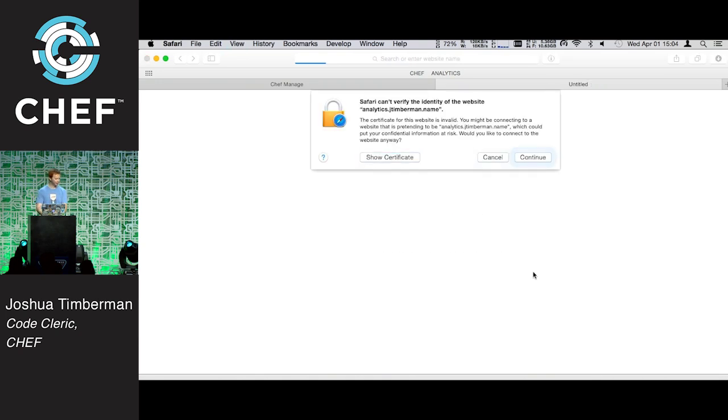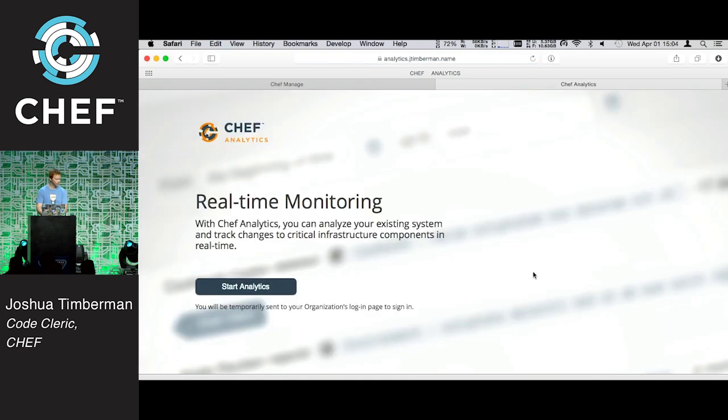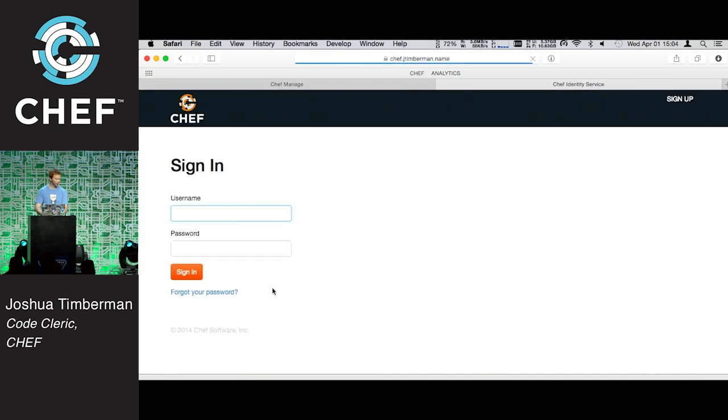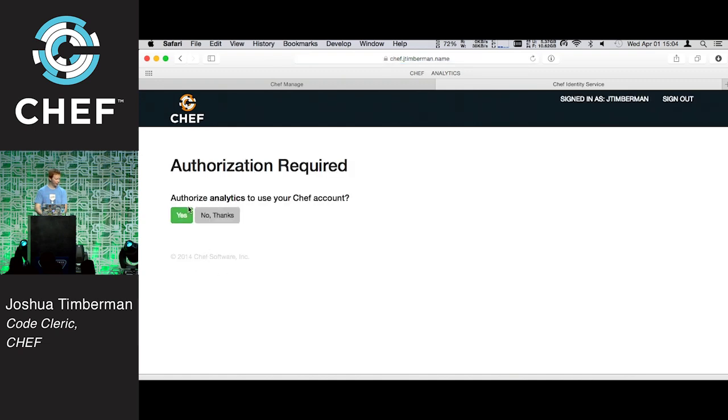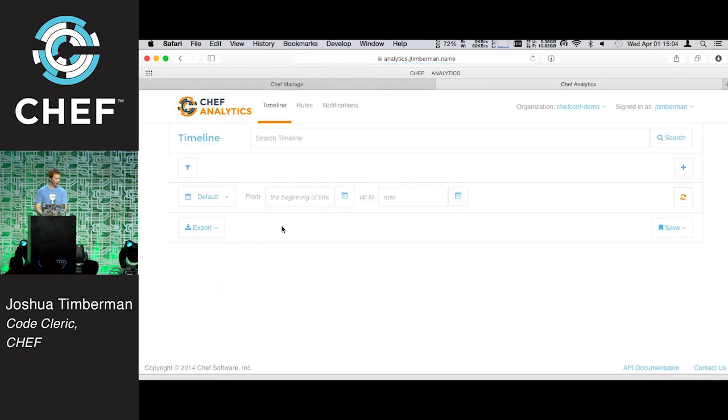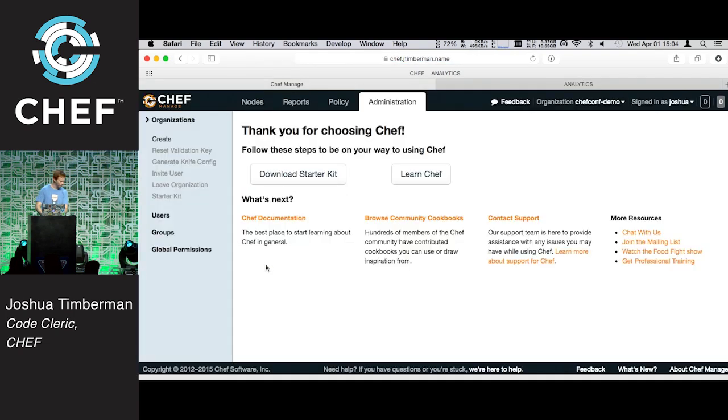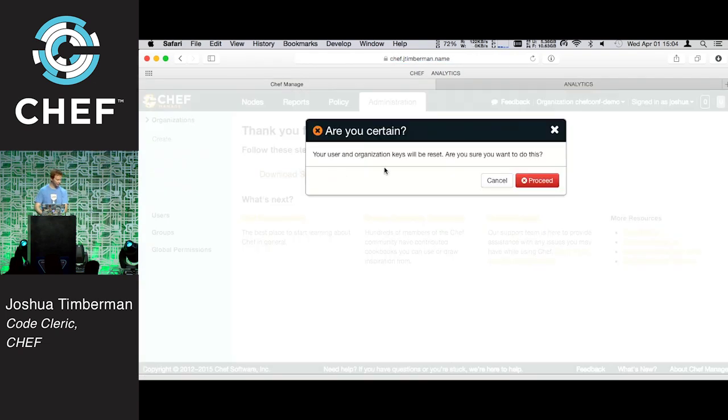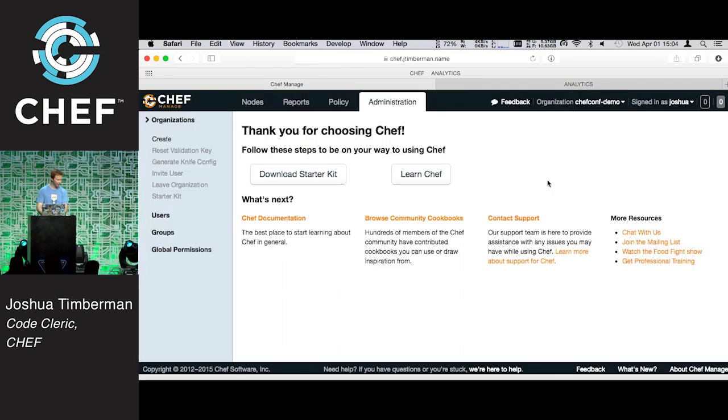On the analytics node, I can start analytics. Here's where OCID comes in, and I can log in with my user I just created. I'm going to authorize analytics, and it's going to take me here, and I'm going to be confused again because it's not showing the full output. It's a little washed out with the monitor. Oops. So anyway, if I download the starter kit to get my key,